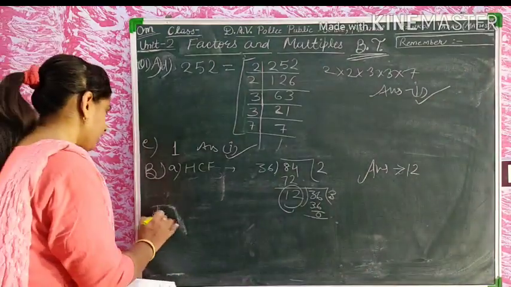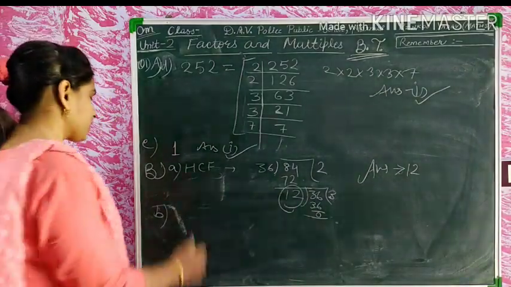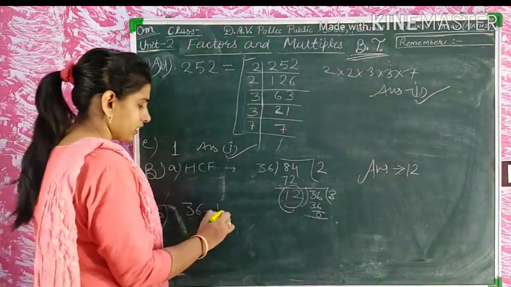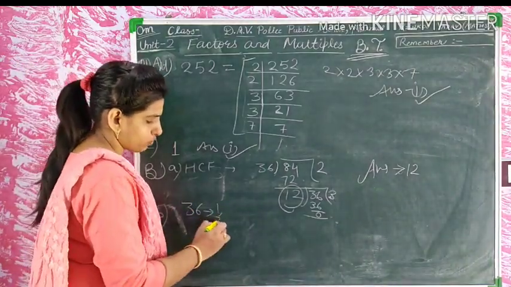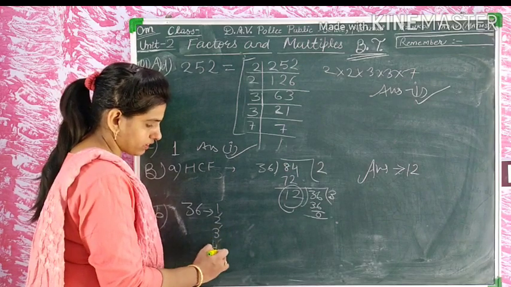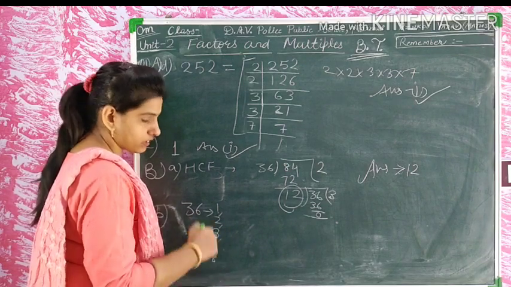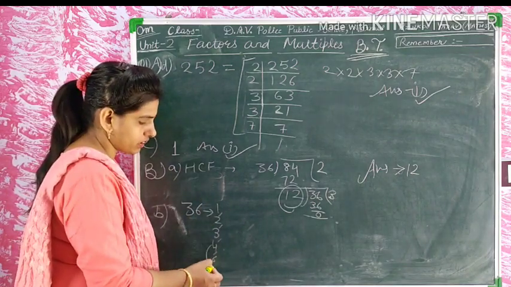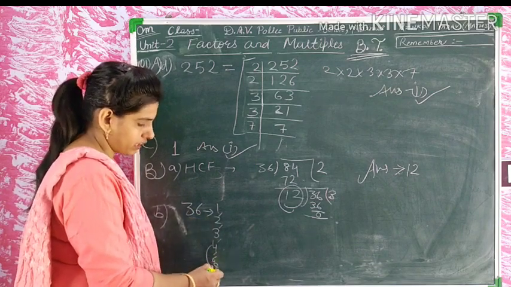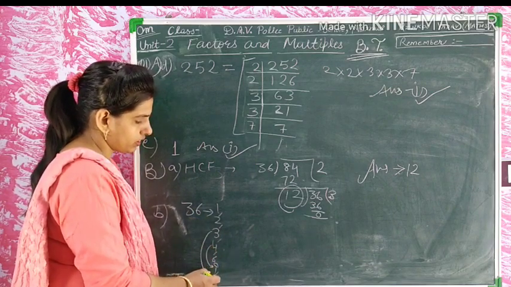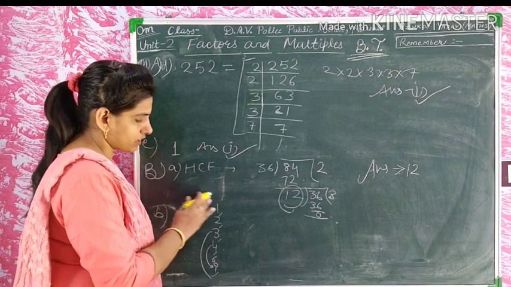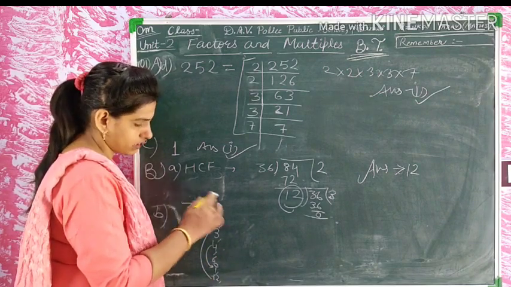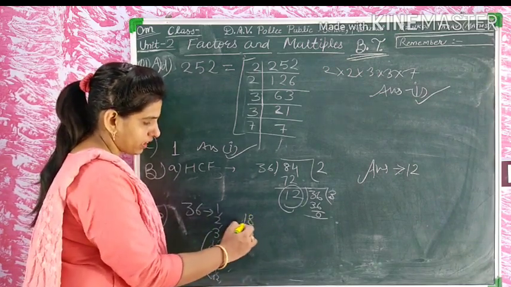Now there is a part B here. In part B, how many factors does 36 have? We will find the factors of 36. 1 divides 36, 2 divides 36, 3 divides 36, 4 divides 36, 5 no, 6 divides 36. Stop this process, and the quotient given by 4 is 9, the quotient given by 3 is 12, after dividing by 2 we get 18, and the last one is 36.